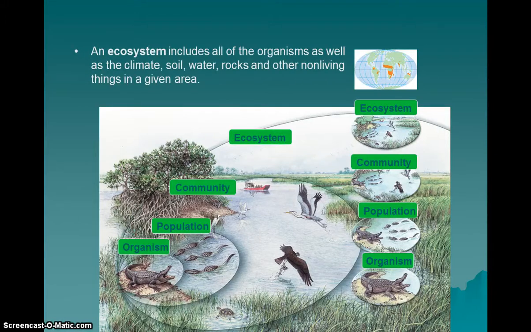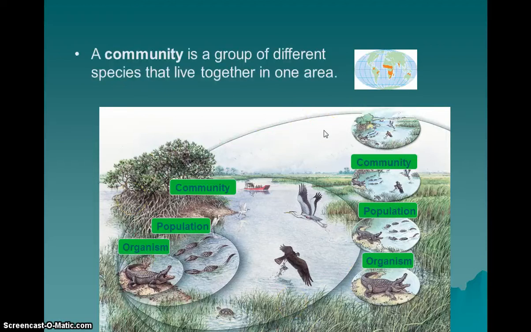And then we have an ecosystem, which includes all organisms as well as the climate, soil, rocks, and non-living things in a given area. So if you're having trouble thinking about this from the animal viewpoint, think of yourselves. Here's you. And then you have your friends, which is your population. And then you have your community, which makes up all your neighbors and their dogs and their animals. And then you have the ecosystem, which makes up everything. And then lastly, we have,